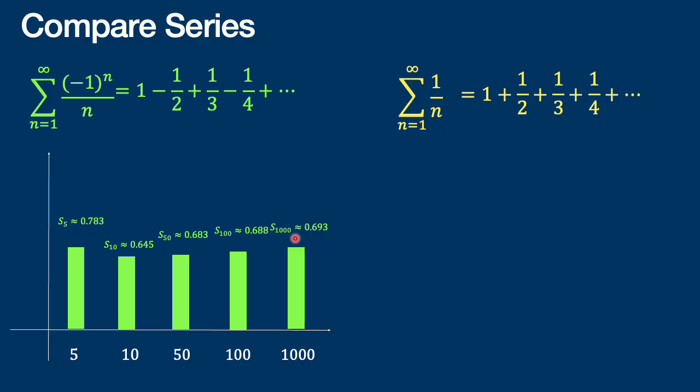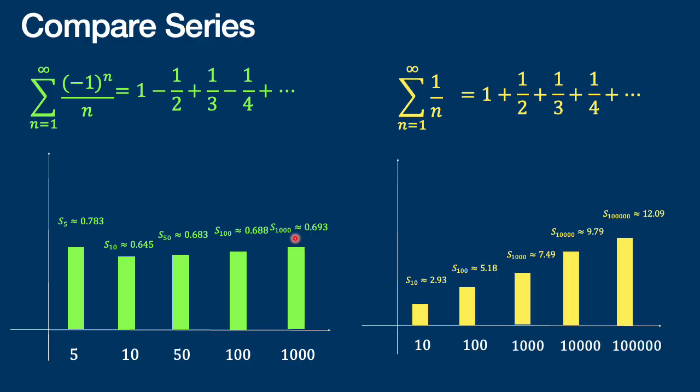When you find the partial sums of this series, they converge. On the other hand, the harmonic series partial sum keeps increasing. So on the left side, the partial sum converges. On the right side, the partial sum of the harmonic series